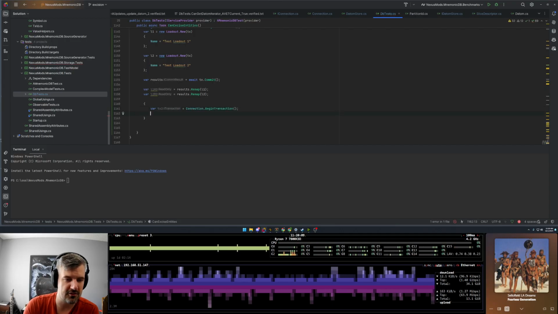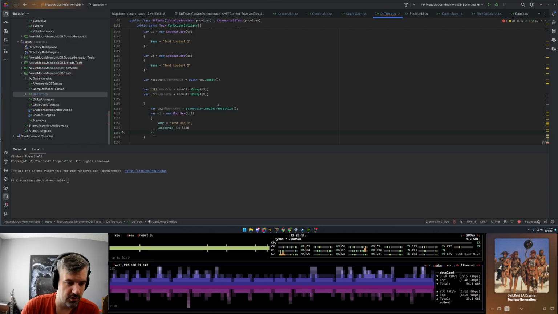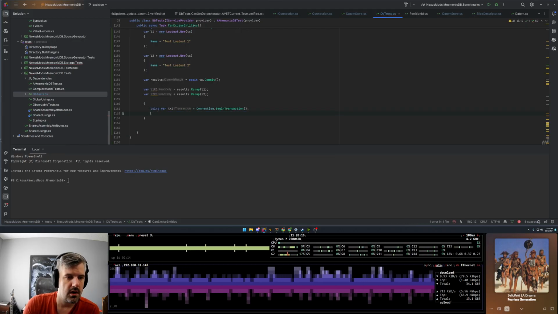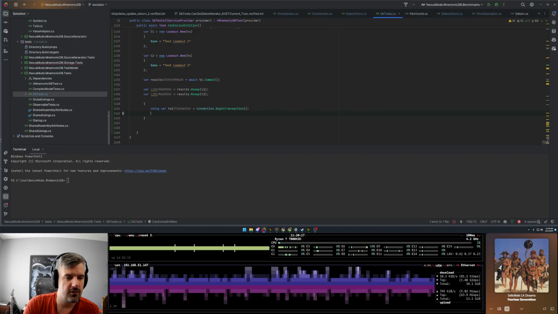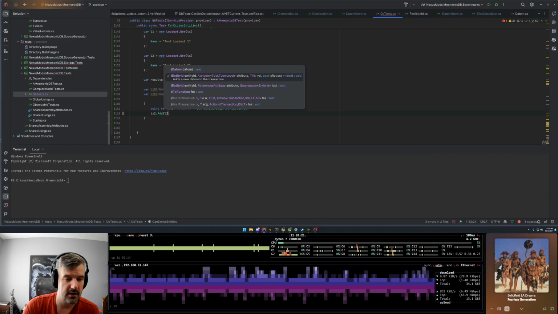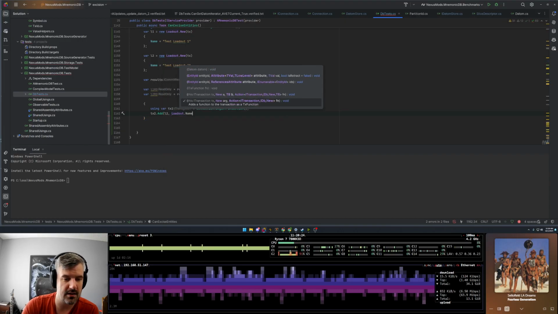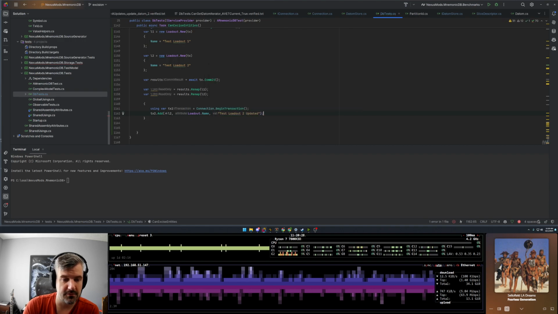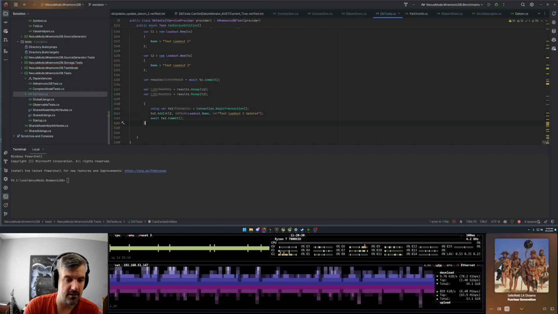So we're going to begin a transaction, and then we are going to do a tx2.add on L2, and say we want to change the loadout name to test loadout 2 updated, and then we're going to commit that.